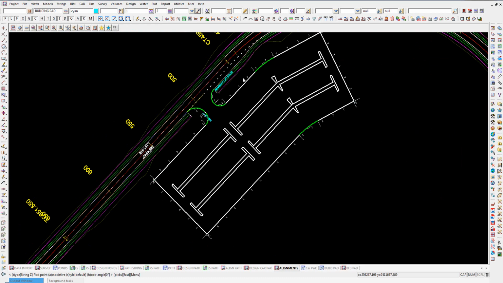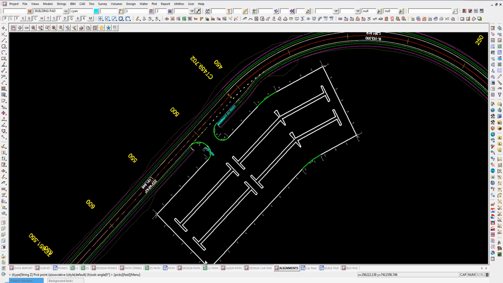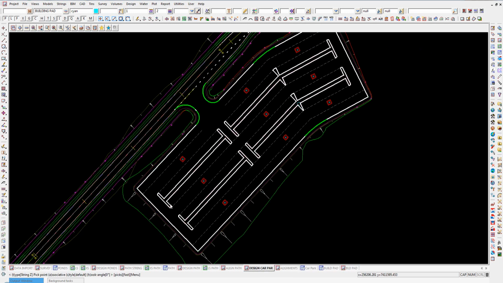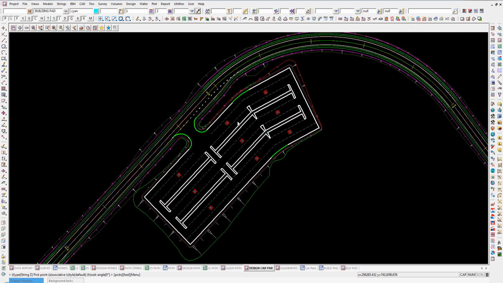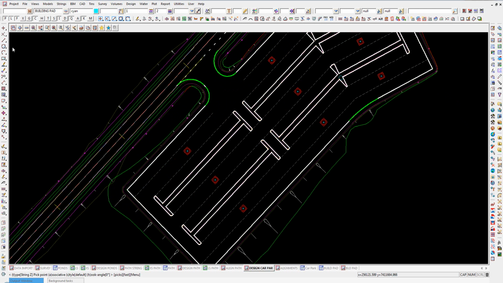The idea here is that we would then probably want to go and put in some gullies. So there's my view showing the alignment string around the outer edge and my islands. Then the idea here is that we would probably want to go and put in some gullies here and figure out what drainage we wanted to put in there so that we would get a suitable level for each of these gullies. Now what I'm going to do is insert some new strings. So I'm going to look just at this portion down here, and I'll put in a string which is going to go from here,